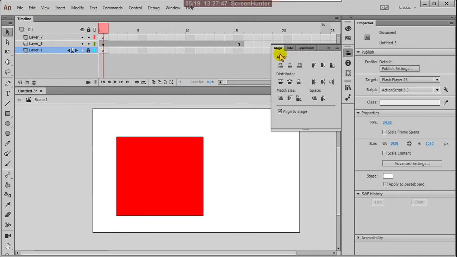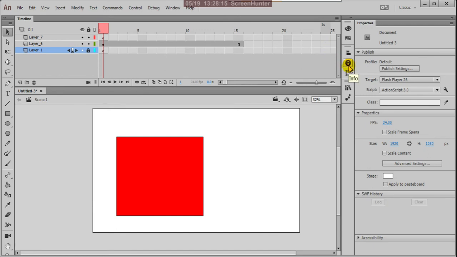These are the alignments. When you align things horizontally, left, right, center, it can help you. And these are the information, the red, green, blue values, it informs you. And this is the transform: rotations, x, y, z axis. It shows things related to transform.